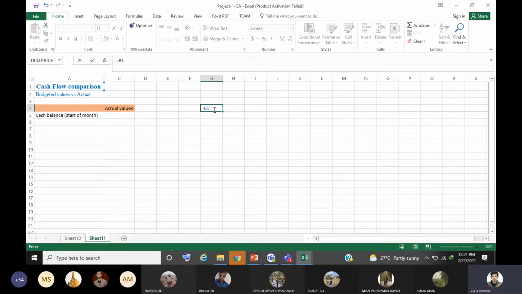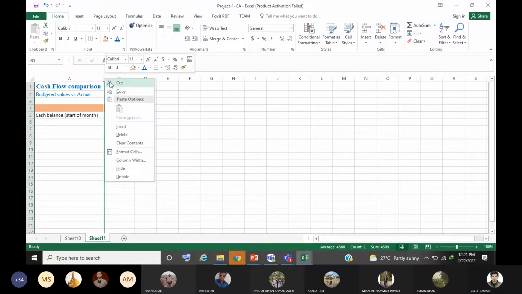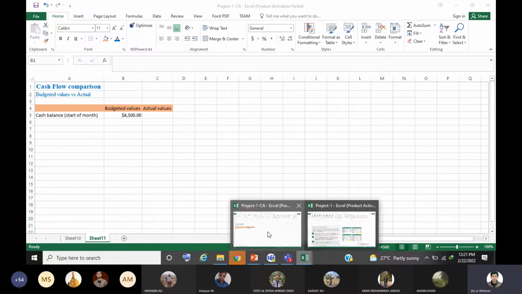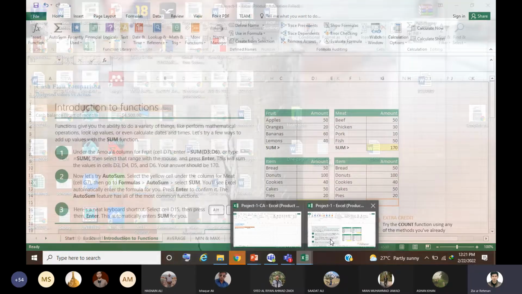So you should know whether you have hidden that cell or not. Most of the time, while applying a formula, you should unhide all the cells, all the values, so that you don't make any mistake.